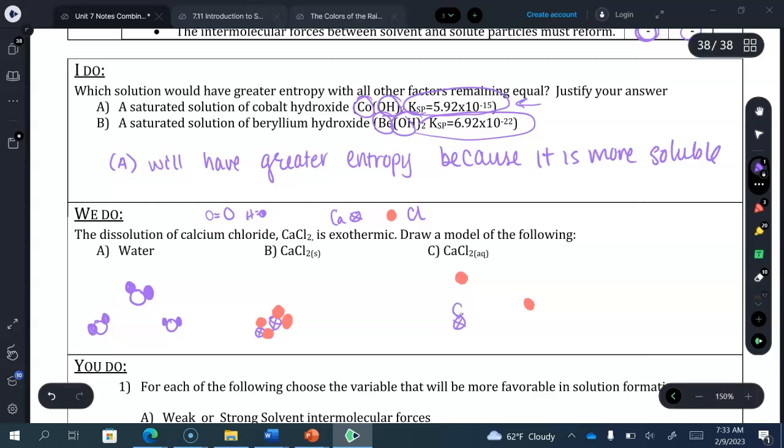So the negative end of the water molecule is going to point towards, and they shouldn't touch, my bad, point towards the calcium, and then the positive end of the water molecule is going to point towards the